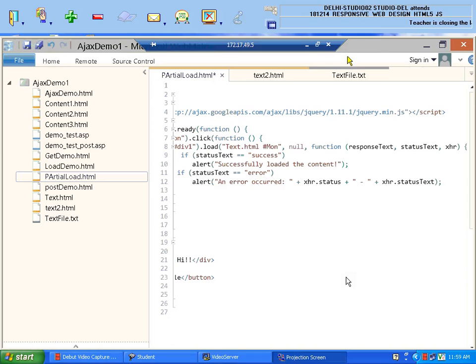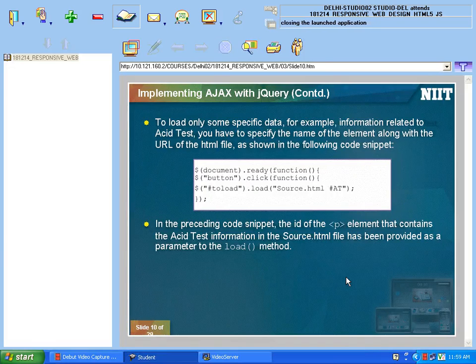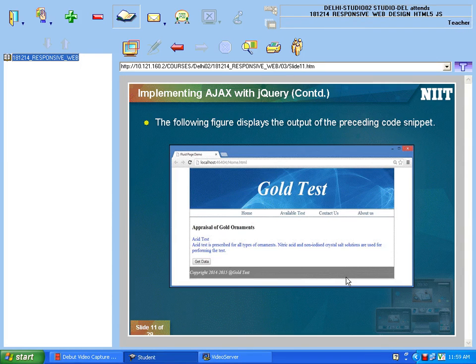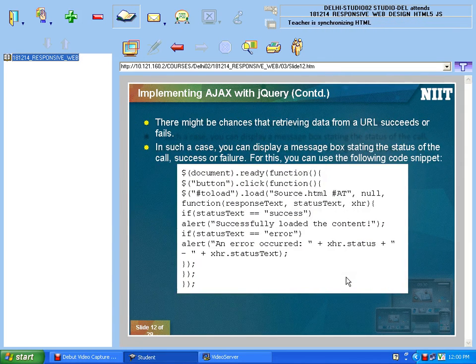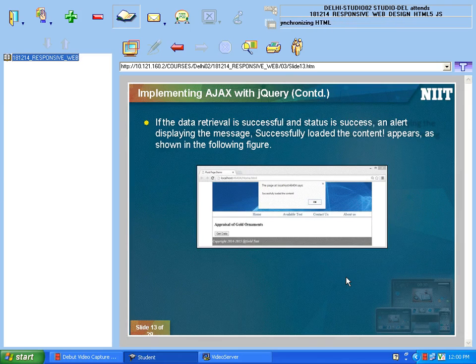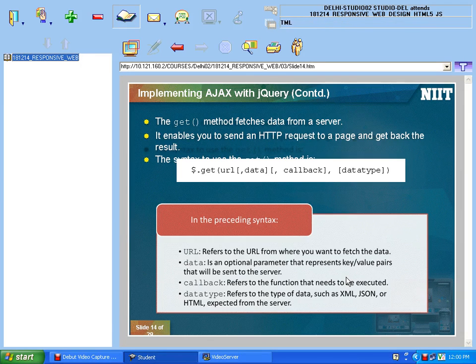Okay, moving next now. I have another function which is get. I will explain something about this function first, and then I will give the demo. This is one example which I just explained to you regarding the load method. Now we have another method whose name is get. Why do I use a get method?